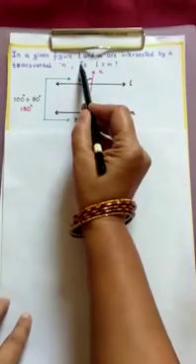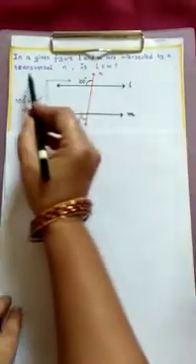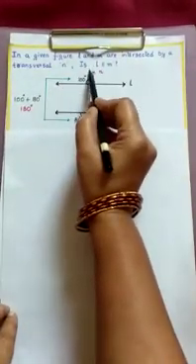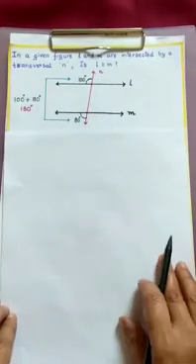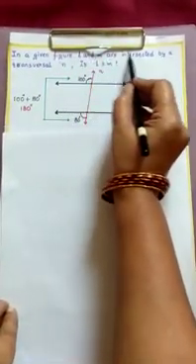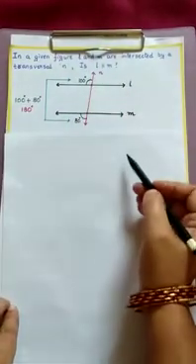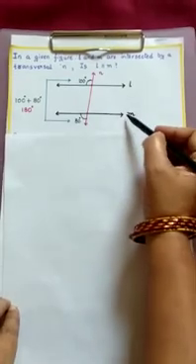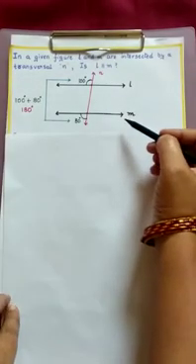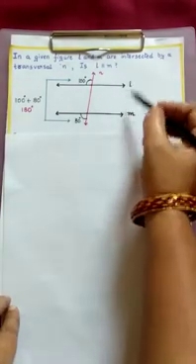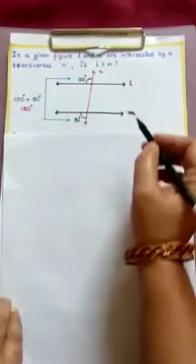In the given figure, L and M are intersected by a transversal N. Is L parallel to M? Once again, in the given figure, L and M are intersected by a transversal N. Is L parallel to M? Now here you have to say how these two lines are parallel. We have to find whether it is parallel or not.